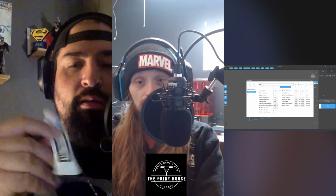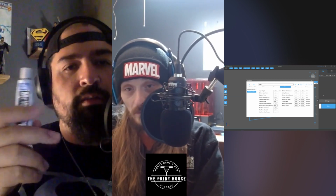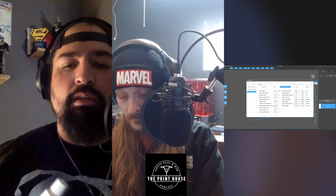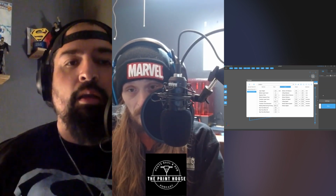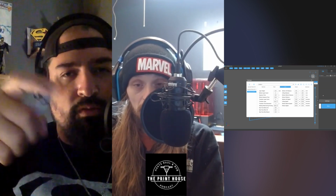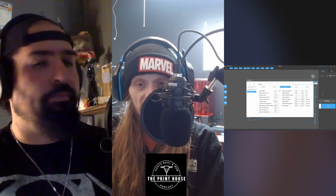So this right here is called Mr. White Putty. It's meant to fill. You remember that other filler that I had used, the white wood filler? That one is easier to work with. This one is really goopy and sticky, but it's super sandable. The other one is too, but I feel like this one leaves you a smoother surface. So when you're filling cracks, either that other stuff or